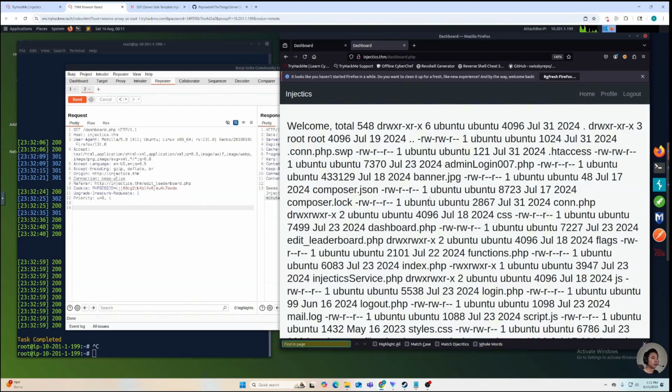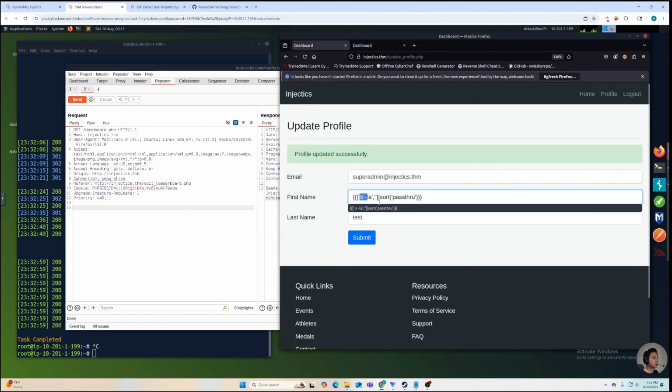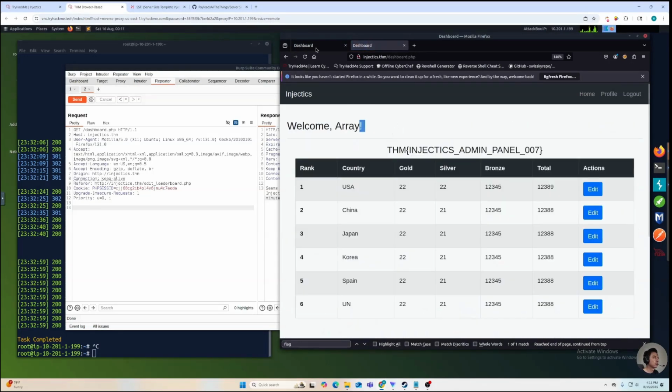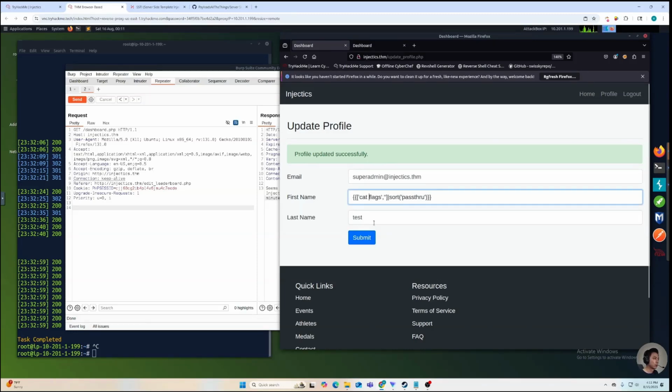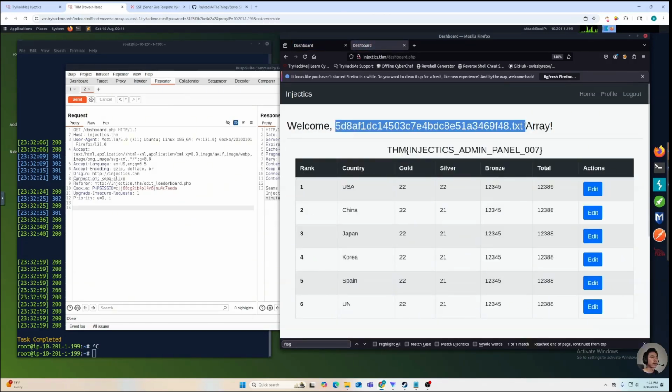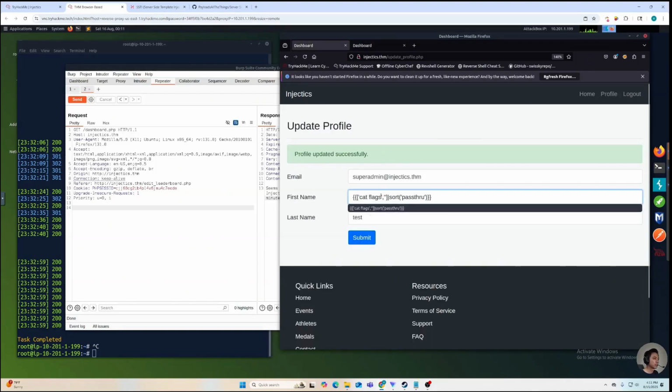Let's look for text. Nope. Flag. Right here. Flags are here. Is that a text file? Let's see. Cat flags. Nope. So it's near. That's a folder. US flags. Oh, we got a text file. It's right here. So we're going to cat the content of the text file, which is